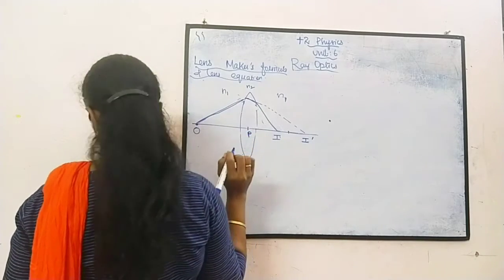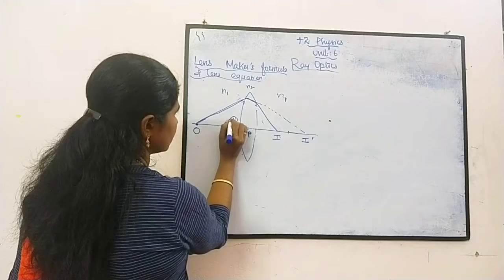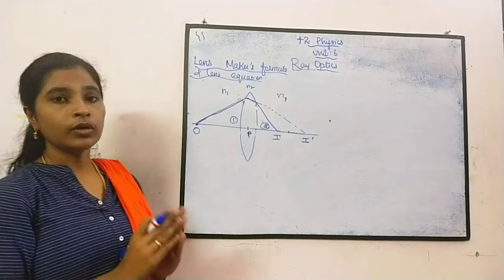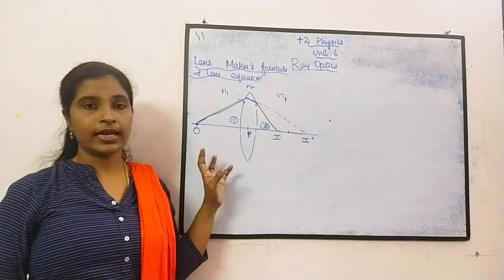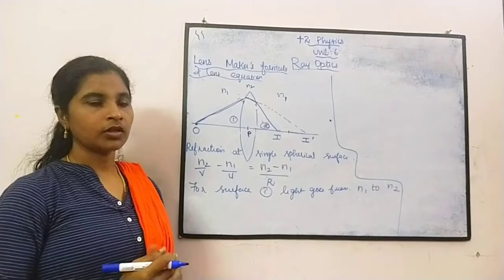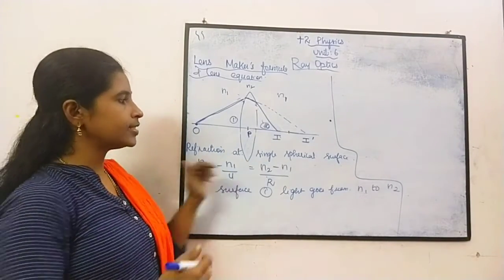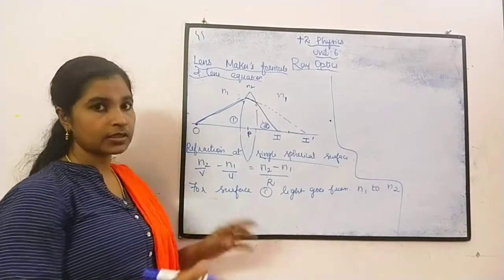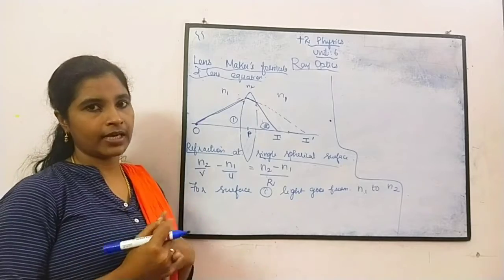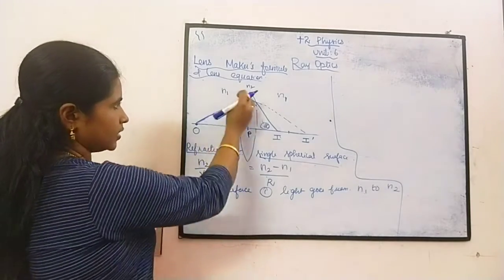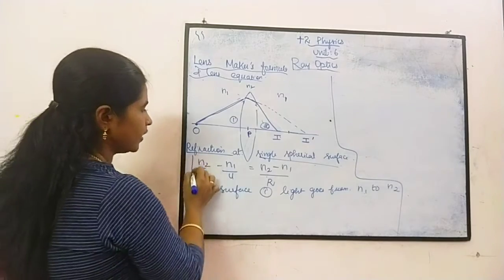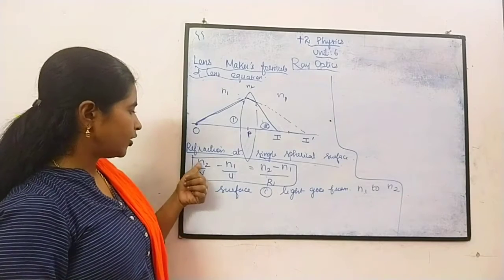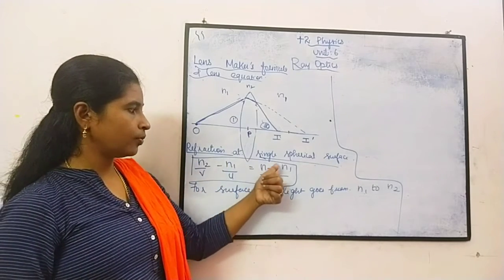Let us take this pole, and this is one refraction at one surface and the second surface. Let us take all these points, and now let us analyze and find out the lens maker's formula. For the analysis we are taking refraction at a single spherical surface. Let this be the first surface and this the second surface. We will find out separately and finally add them. First, let us take the first surface. We know the general equation for refraction at a single spherical surface, which we have already derived: N2 by V minus N1 by U equals N2 minus N1 by R.